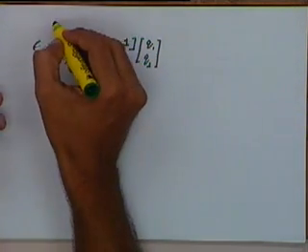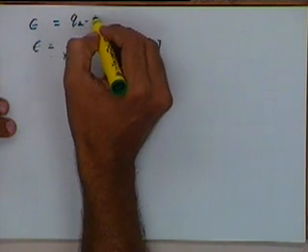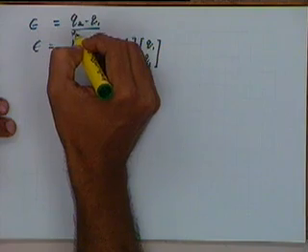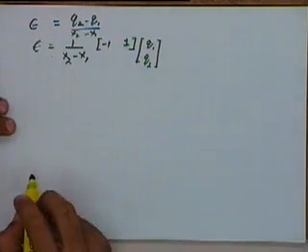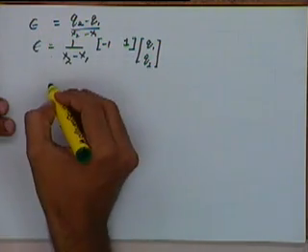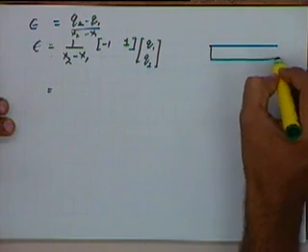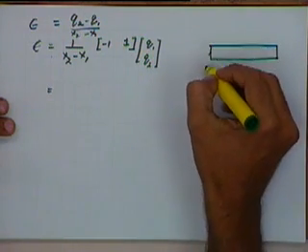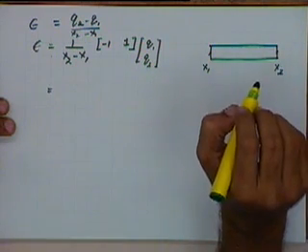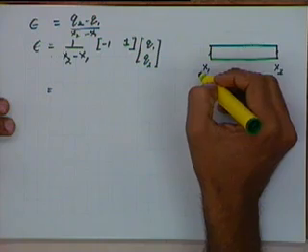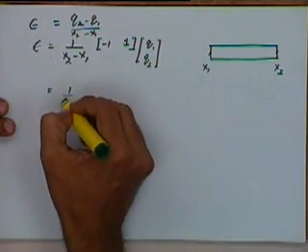Okay, what I had above before this was epsilon is equal to q2 minus q1 divided by x2 minus x1. I have just written that in a vector form like this. Now x2 minus x1: this is the element that I have. The x value here is x1, the x value here is x2. x2 minus x1 is nothing but the length of the element, so I'll say 1 over the length of the element.